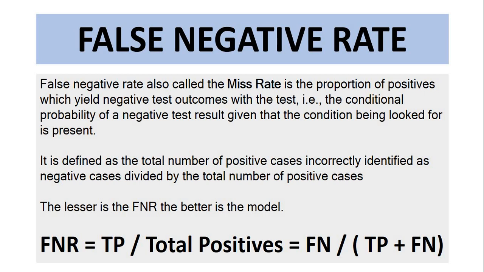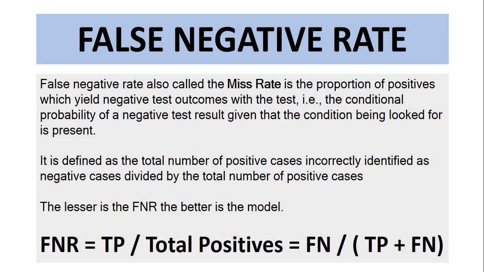The false negative rate is also called the miss rate, the proportion of positives which give a negative test outcome. The most important thing about the false negative rate is that the lesser the false negative rate, the better the model. The false negative rate is defined as the number of positive cases